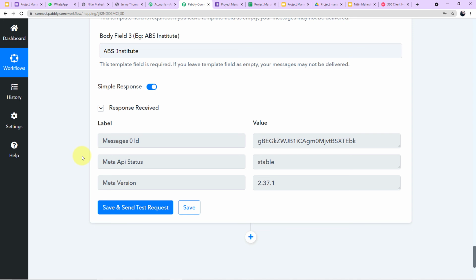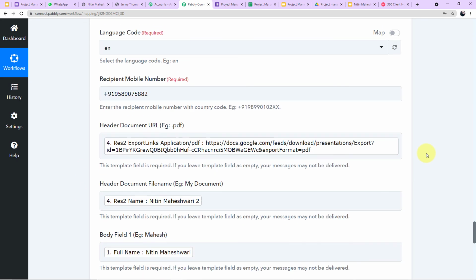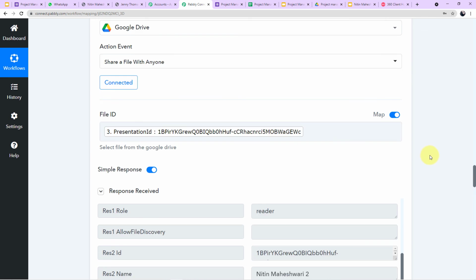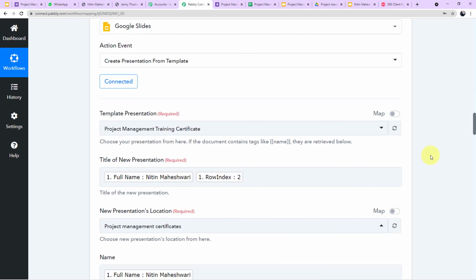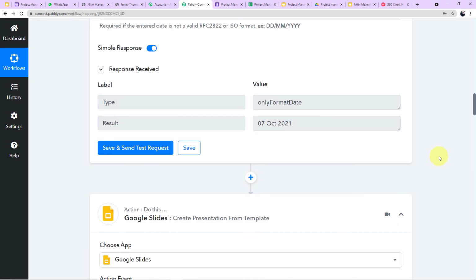All right. Now let me tell you one more important thing, that you can make this workflow run 100 times in a month with the help of Pabbly Connect's free account, because Pabbly Connect's free account provides you 100 free tasks every new month. So if 100 tasks are sufficient for you, you can use Pabbly Connect for free forever. Also, we are going to paste the link of this same workflow in the description box so that you can clone it in your own free Pabbly Connect account and start using that.